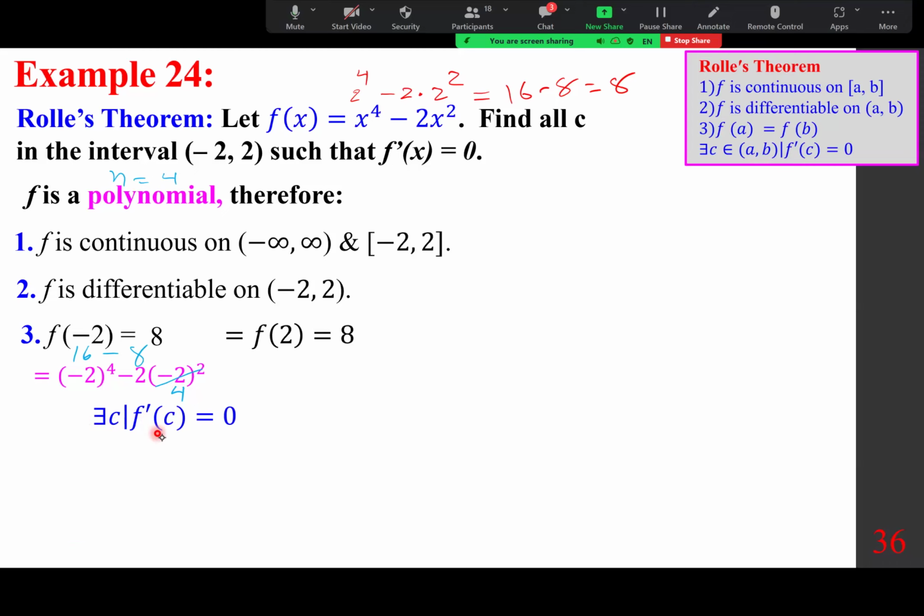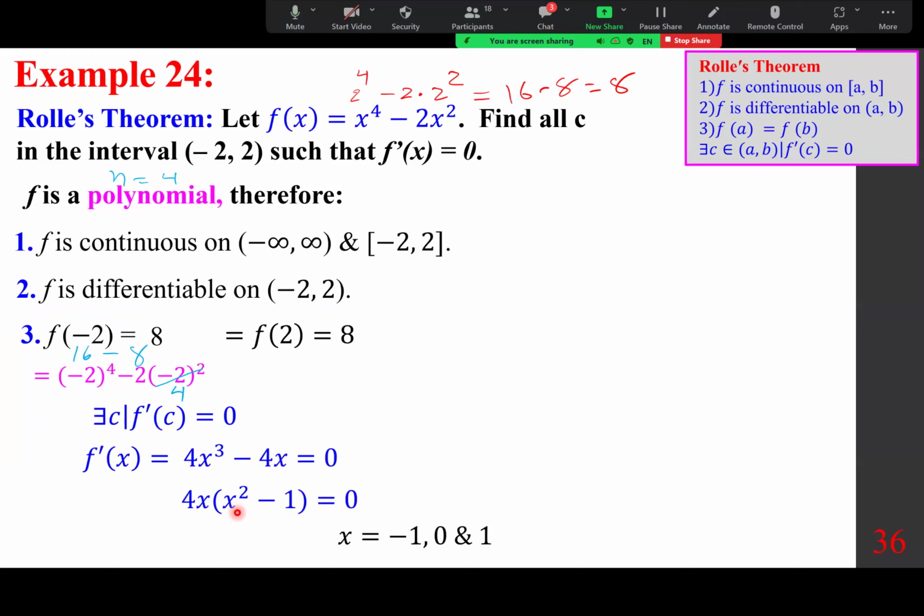So what do we do? We go back to the original function. We take f prime of x and we set it equal to 0. So this is 4x cubed, this is minus 4x. Set it equal to 0. That means factor out the 4x times x squared minus 1. This gives you 0. X squared minus 1 is 0. By now we know this gives you plus minus 1. So there are 3 answers,